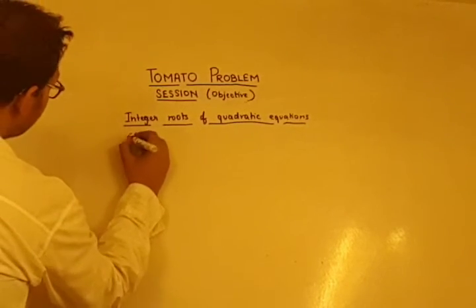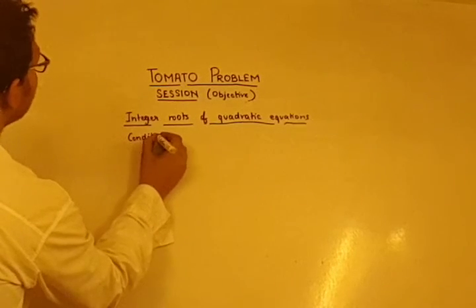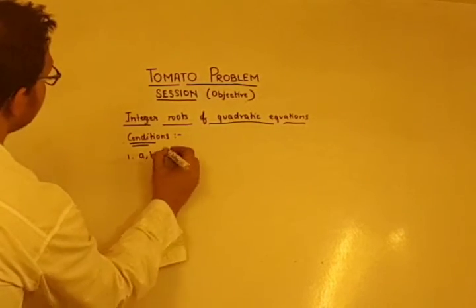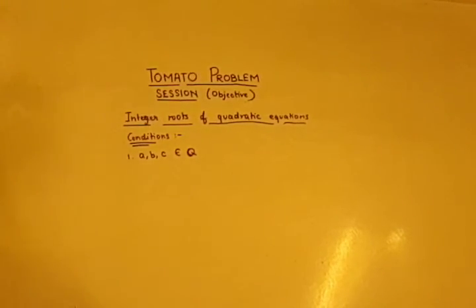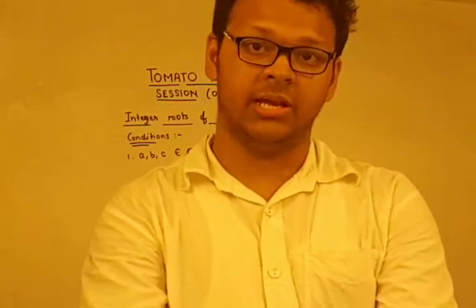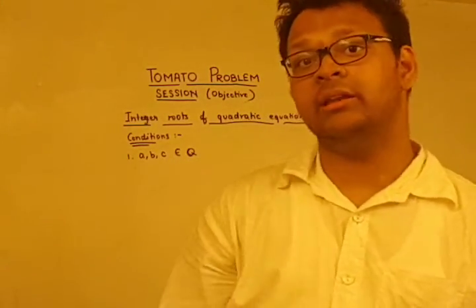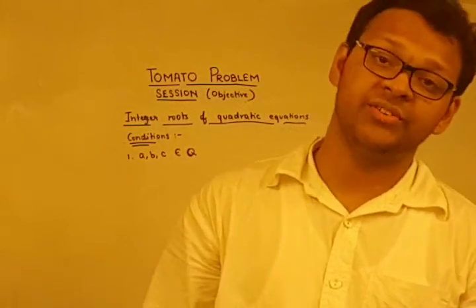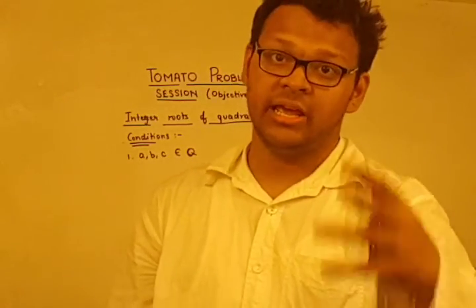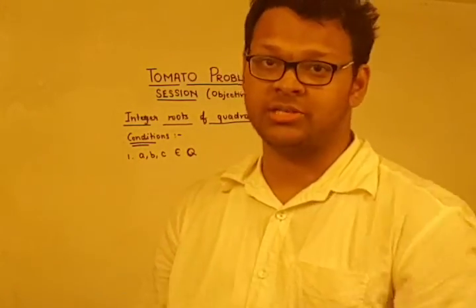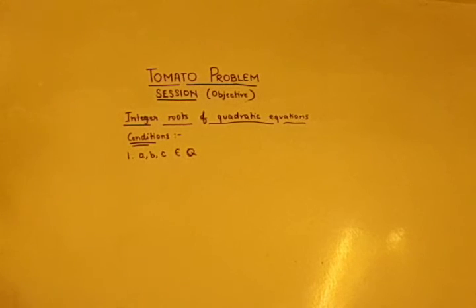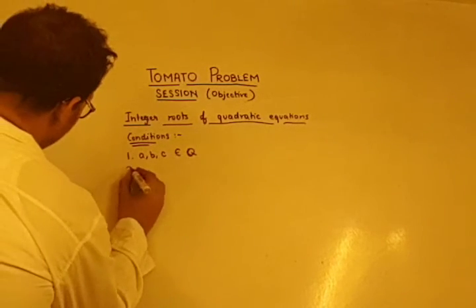So number one, conditions. The conditions for a quadratic equation to have integer roots is that, number one, a, b, c must be rational numbers. The first and primary condition for having integer roots is that a, b, c must be rational numbers, because you can easily see that if one of the coefficients is irrational, then automatically the roots cannot be integers. This is because if the roots are integers, then it would imply a rational plus an irrational equals a rational, but that is false. So first of all, it is a very important condition that a, b, c must be integers, and number two is that